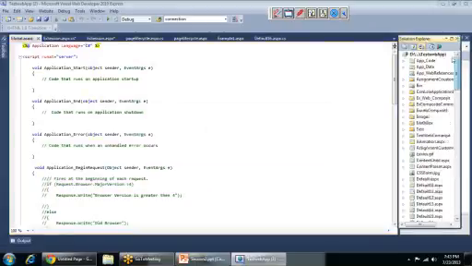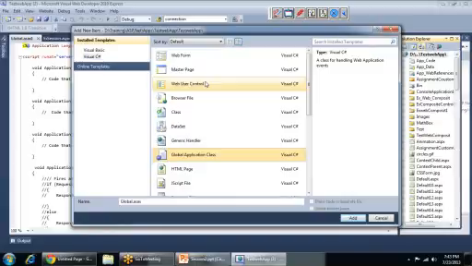Yeah, now it comes, here is the global application class. So here you can add this file. When you add it, by default you will see all these events: application start, application end, session start, session end, all these events will be there.